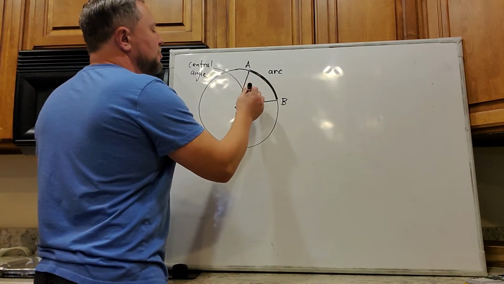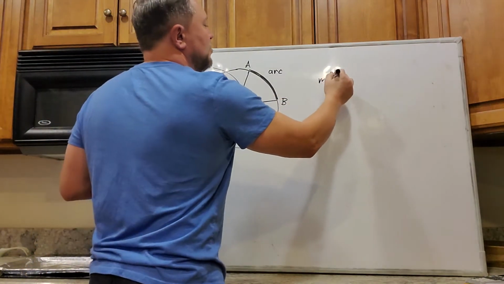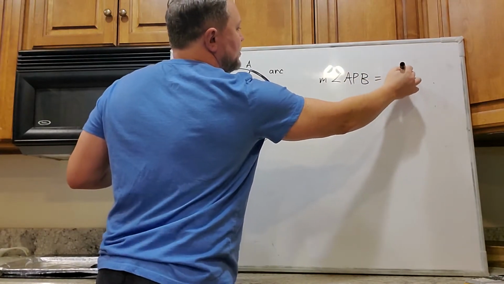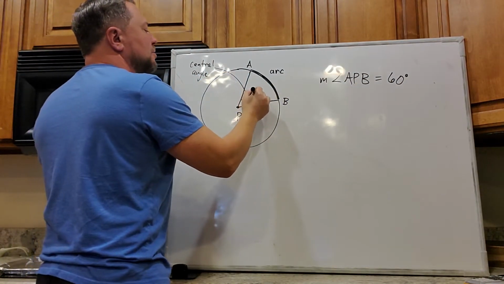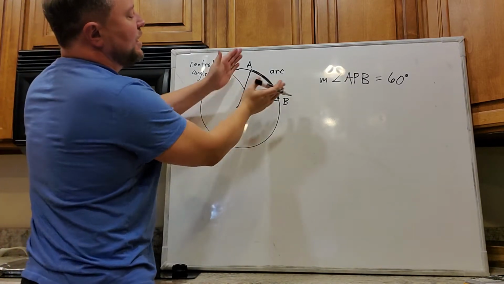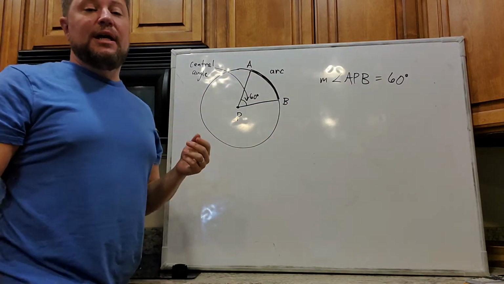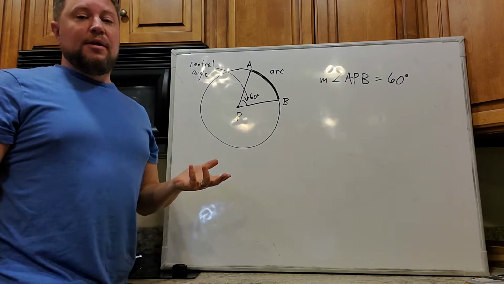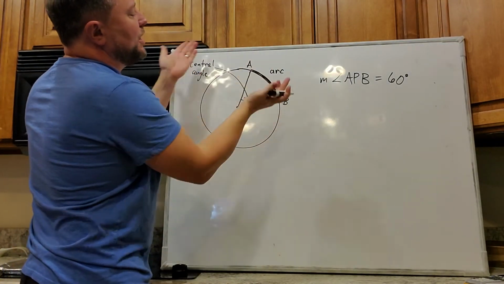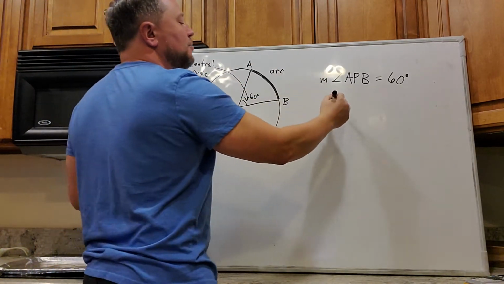For example, let's suppose that I knew that this central angle APB, so the measure of angle APB, is 60 degrees, let's say. Well, if a central angle measures 60, as it goes out and hits the circle and creates an arc, which we often refer to as the intercepted arc, that's just a fancy way of saying that where the angle intercepted the circle, it created that arc. So that intercepted arc is referred to as arc AB,